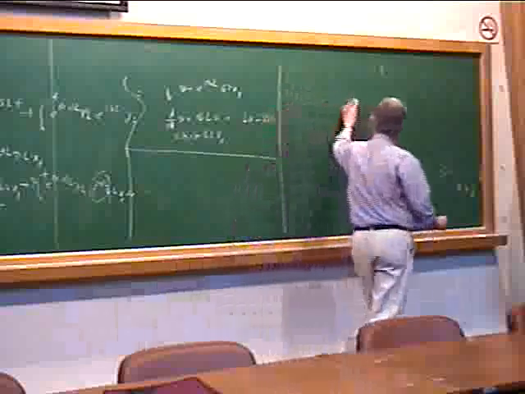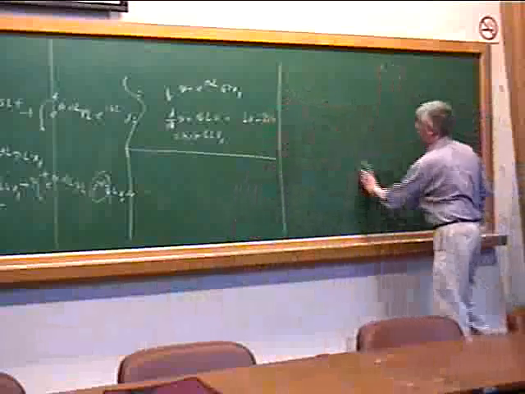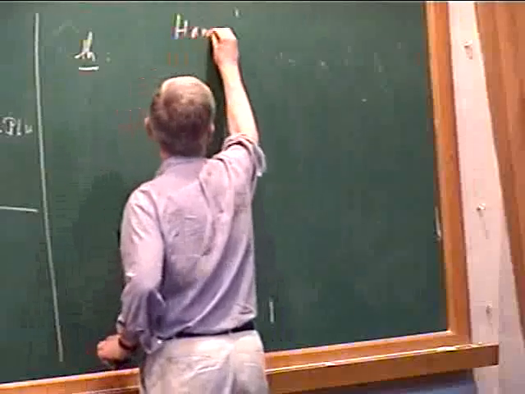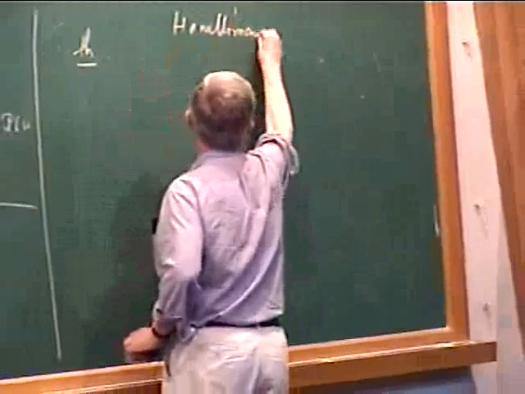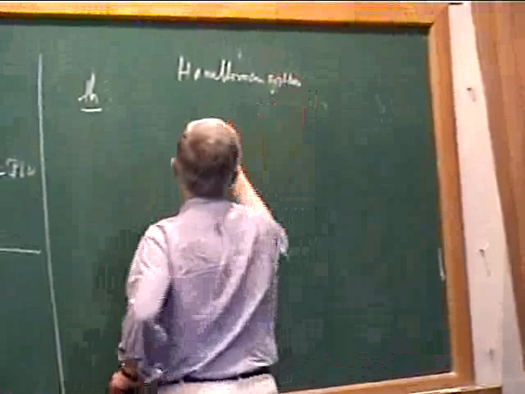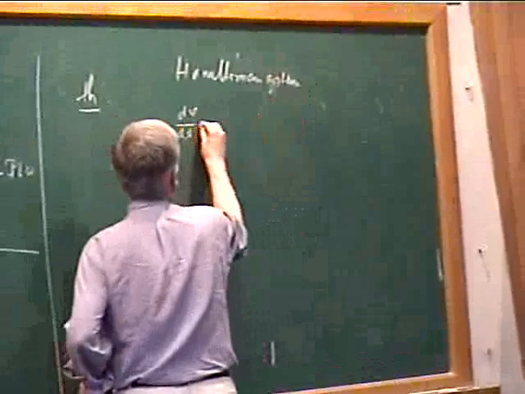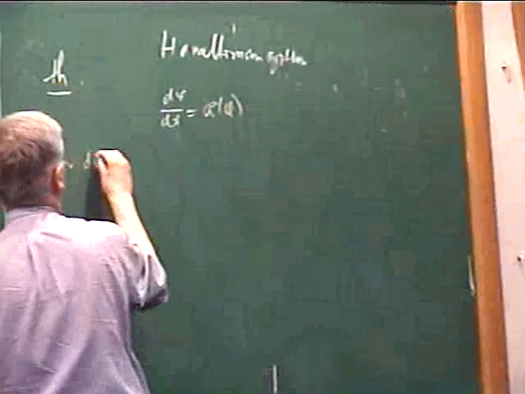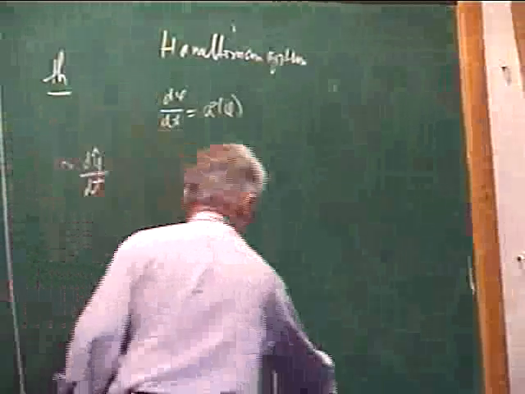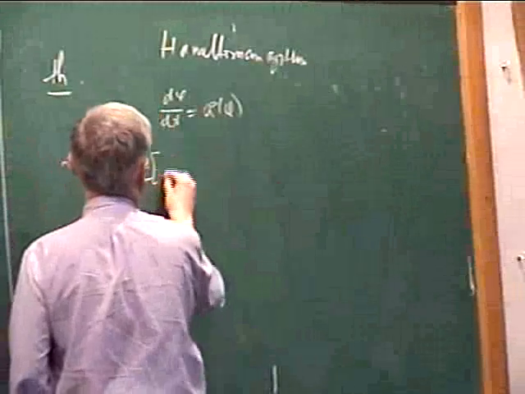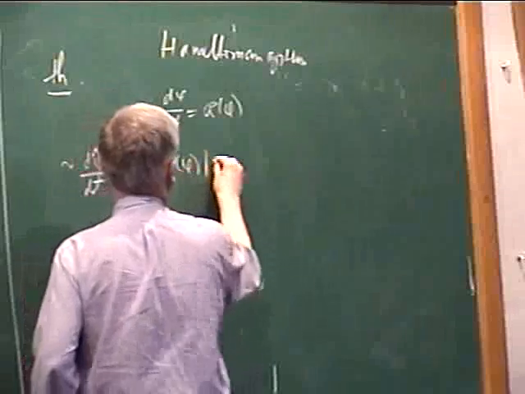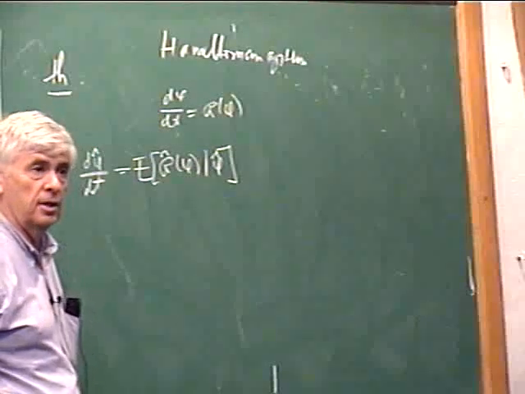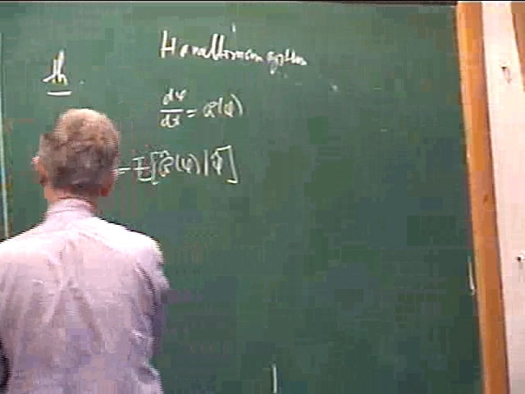Let me start with a theorem which is due to Hall. Start with a Hamiltonian system, d phi over dt equals r of phi, approximated by a reduced system, d phi roof over dt equals the expected value of r roof of phi given phi roof, assuming there's an invariant measure again. I'm returning back to the simpler situation which I dealt with initially because it's simpler. Then Hall's theorem says,